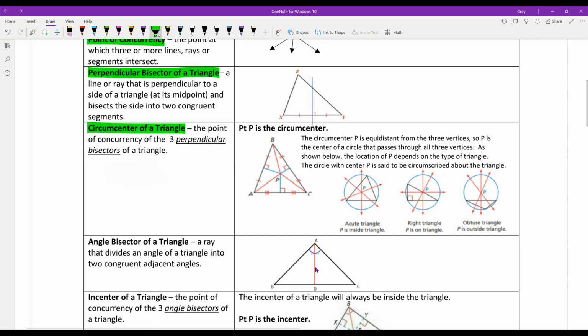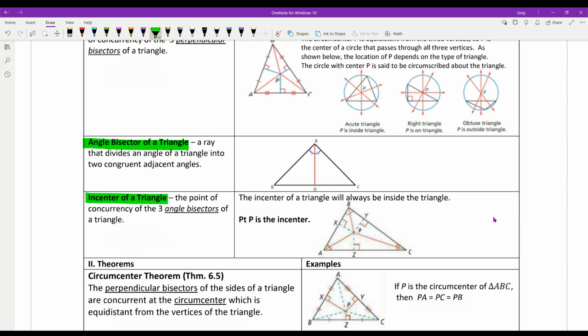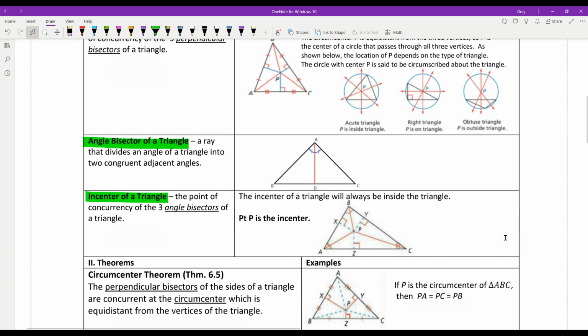Next, we've already talked about this before, but you could have an angle bisector of a triangle. That would be any ray or segment that divides the angle into 2 congruent adjacent angles. What is so important about that is that if you draw an angle bisector from each angle of a triangle, their point of concurrency is called the incenter. And why is it called the incenter? Because